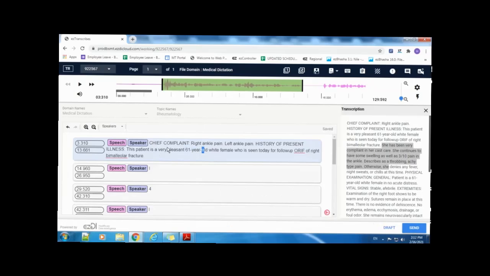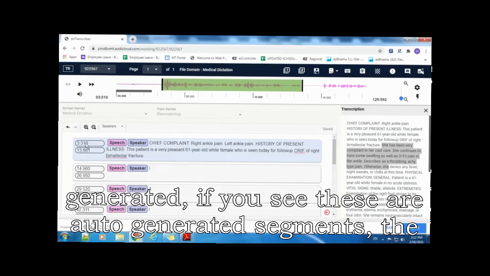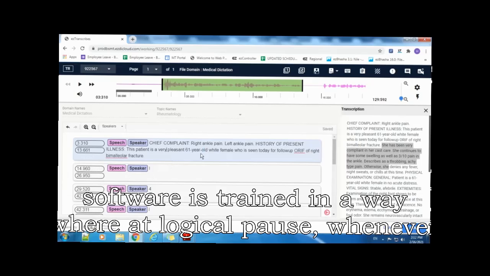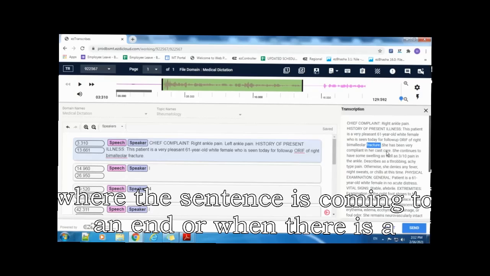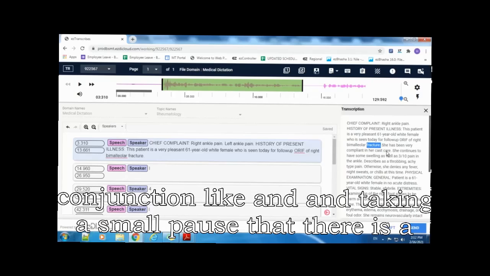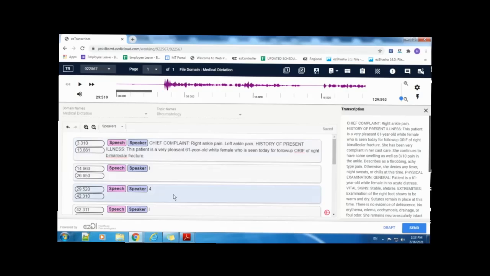Alright. The second most important thing is that these segments will be auto generated. If you see, these are auto generated segments. The software is trained in a way where at a logical pause, whenever the doctor takes a logical pause, like a period where the sentence comes to an end, or where there is a conjunction like 'and', or a small pause where there is a comma, those sentences will be identified and the segments will be made.